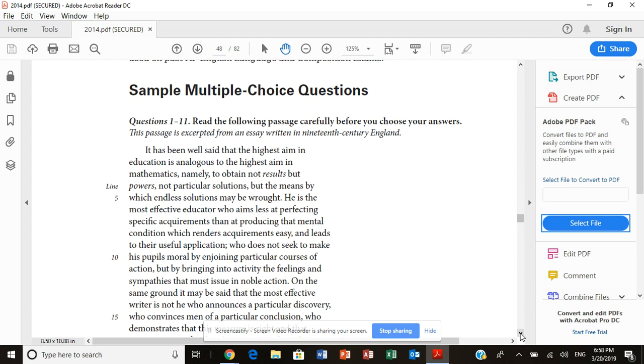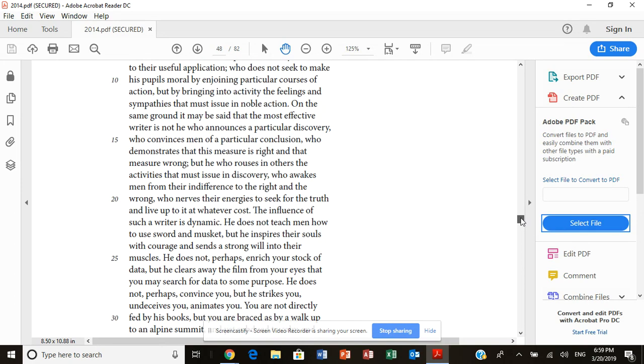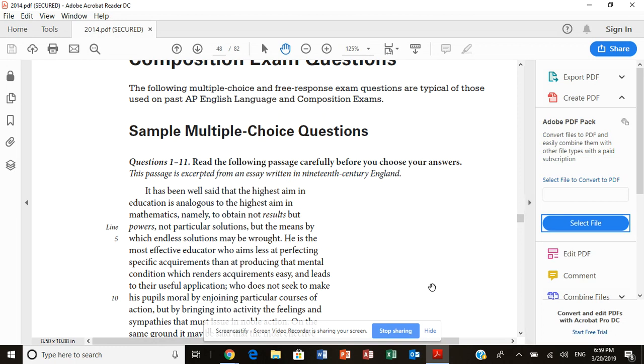And I particularly like the spirit of this prompt because it begins by talking about how important it is not just that you get a right answer, but that you understand how to solve. So as we read along, we'll think about that important concept, that important educational philosophy. All right, here we go. Whoops, scrolled right past it. It has been